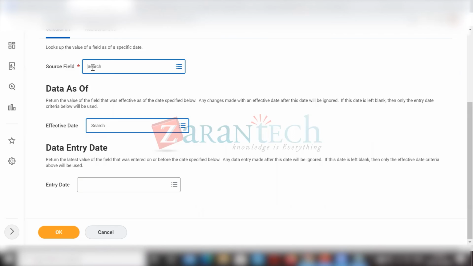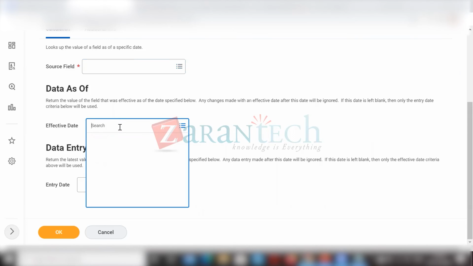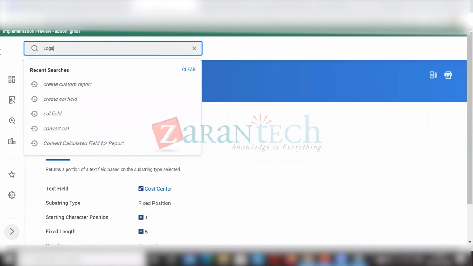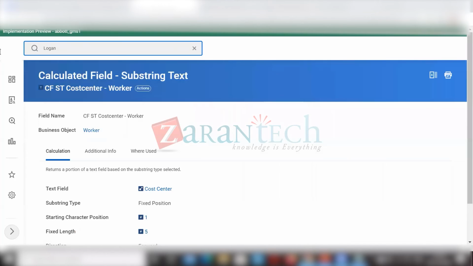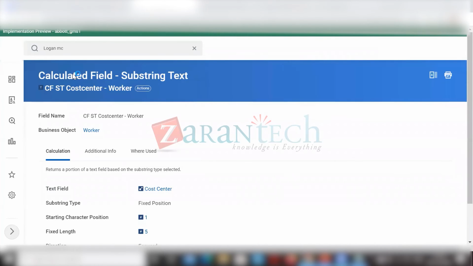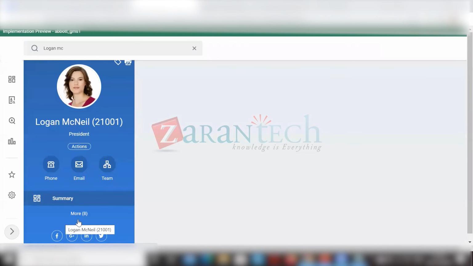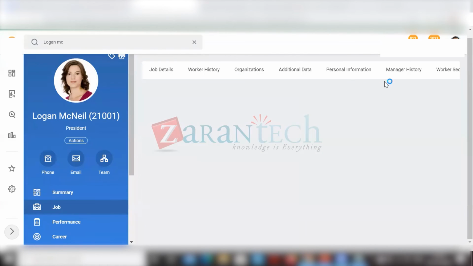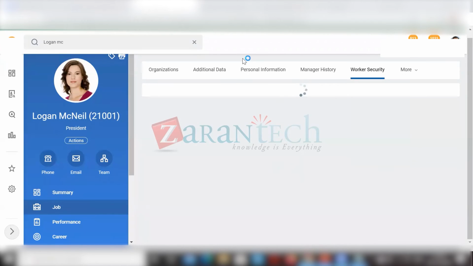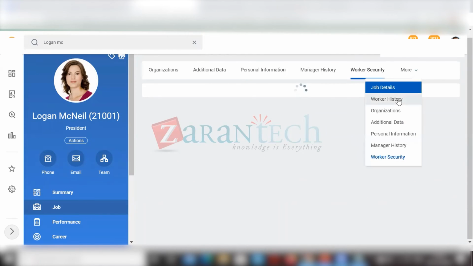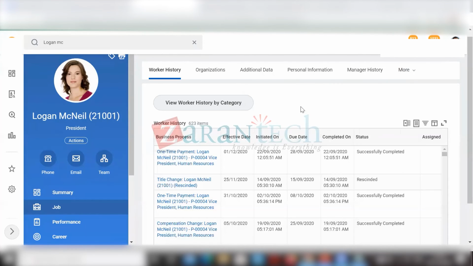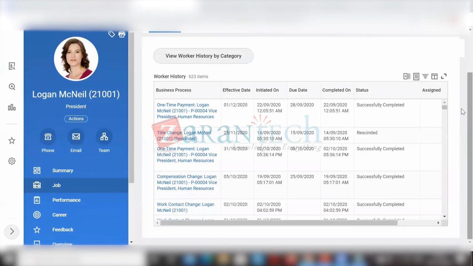Okay, I'll take one worker history. Go to the worker history, and I'll show you. So we have this worker history, right? So we have this worker security. Let's see, worker history here. So what are we doing in